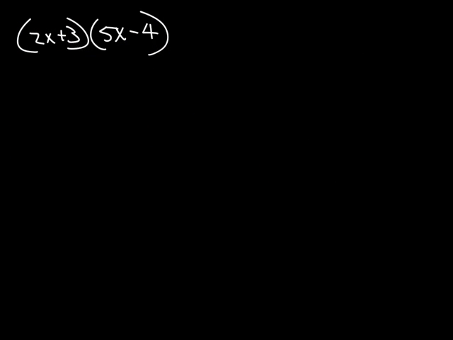So this is example number 3, and let's go ahead and use the FOIL method again. So again, we've got FOIL, first, outside, inside, and last. So the first two numbers are going to be the 2x and the 5x, and that gives me 10x squared. Then I'm doing the outside ones. The outside numbers would be the ones furthest from the center. This would be considered the center right in there. And those outside numbers would be 2x and the negative 4. So 2x times negative 4 is negative